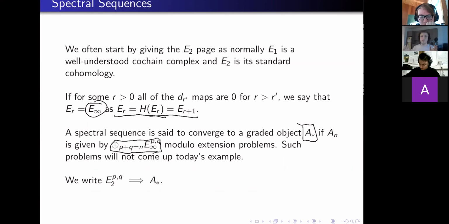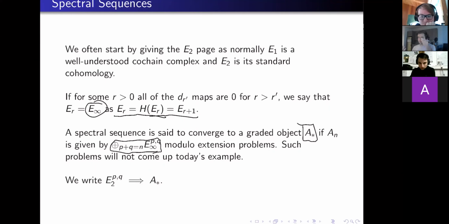So yes, just a review, you have a spectral sequence. What that is, is a bunch of pages of data with abelian groups in all sorts of places. And for all of these abelian groups, you have differentials relating them. To get to the next page, you take cohomology. If eventually there aren't any more pages, you've basically come up with your result, modulo extension problems, and you have